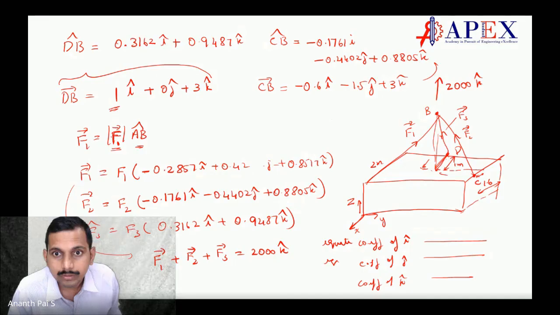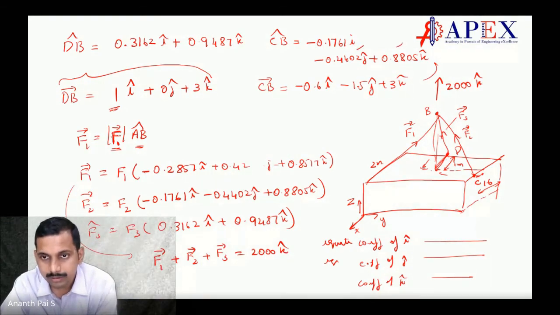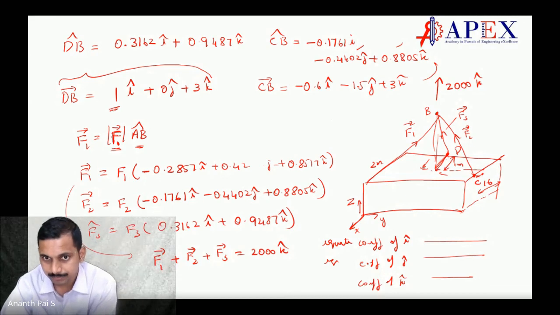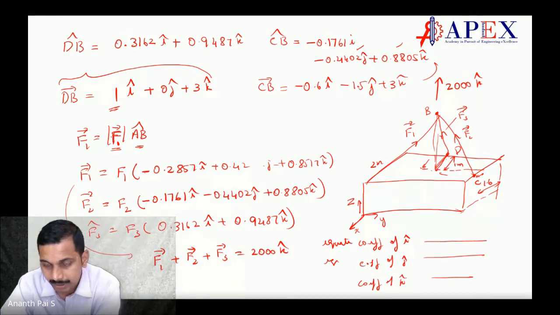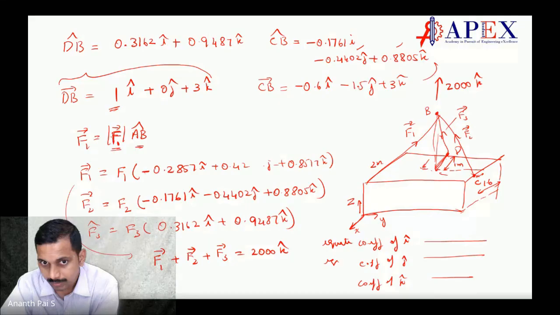Sir, in unit vector DB, instead of 0.3162, I got 0.16439, sir. Can you tell me whether I have gone wrong? That is wrong. Others you got right? DB, all I got correct, sir. There is a problem with your solutions, you have to check it out. It's a calculation mistake. You got CB the same, right? Yes, CB I have got same, sir.